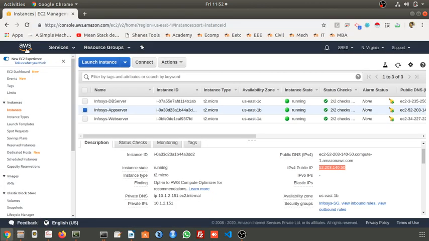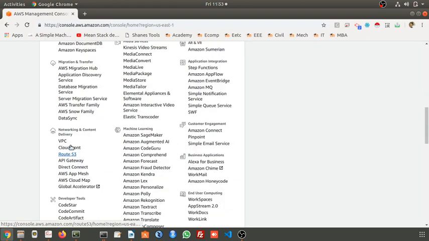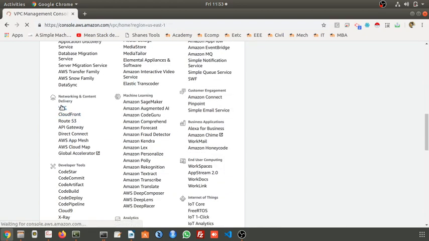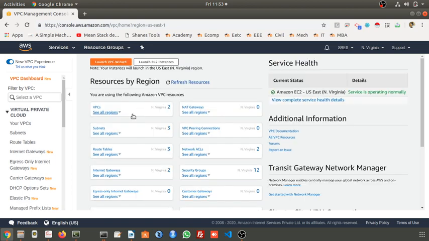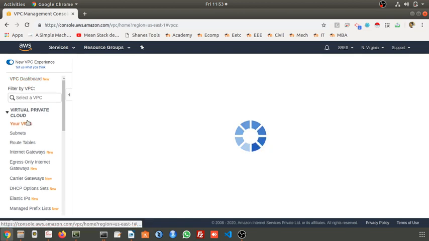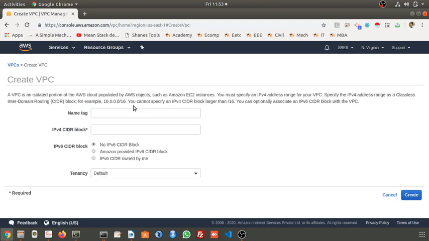So I'll go to this. I'm going to create one more VPC for TCS. Go to VPC, and go to your VPCs. Okay, Infosys is already there. I'll create a new VPC. New name tag, I'll give it as